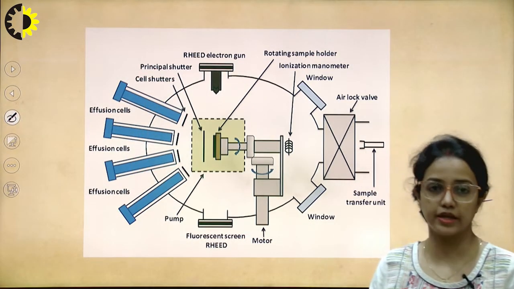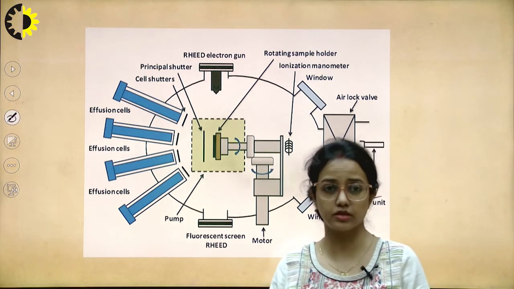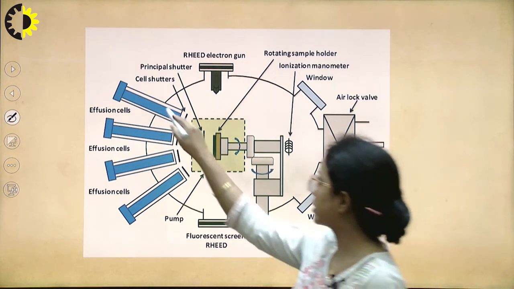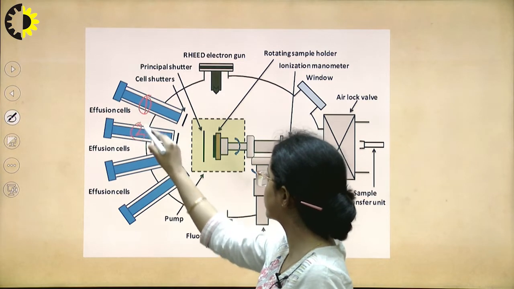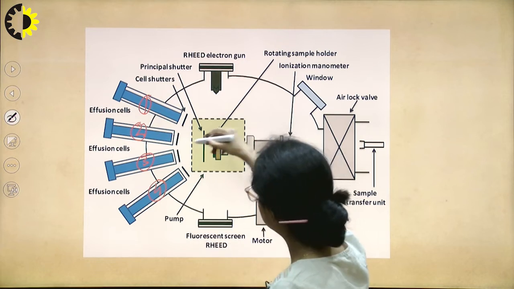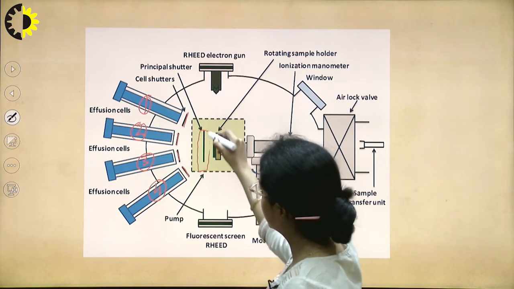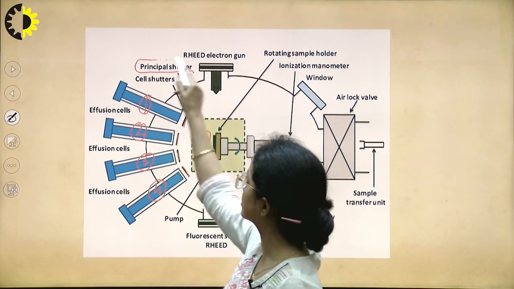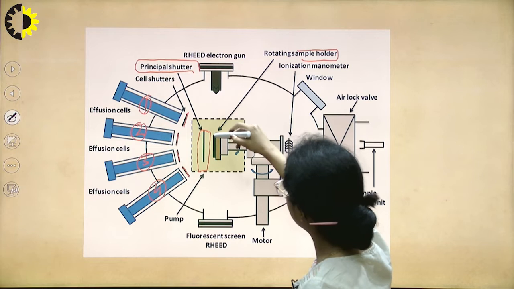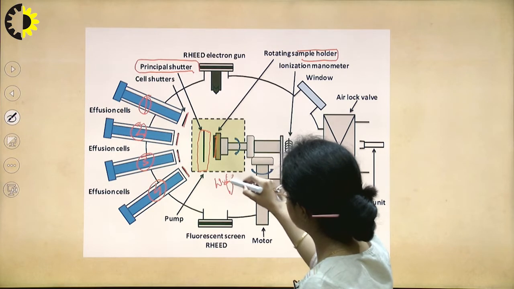This is again another diagram of molecular beam epitaxy. We have included several diagrams only to make the viewers comfortable with different types of molecular beam epitaxy apparatus. Again, in this picture, we can see we have 4 effusion cells. Likewise, in the previous picture, we had only 3. And this is the shutter. One more thing we have in this one is the principal shutter. The principal shutter altogether shields the wafer itself. Now, this is the wafer holder, and this black strip is the wafer itself.